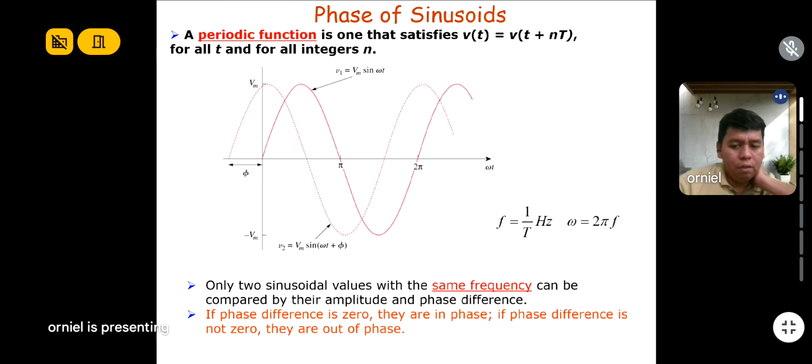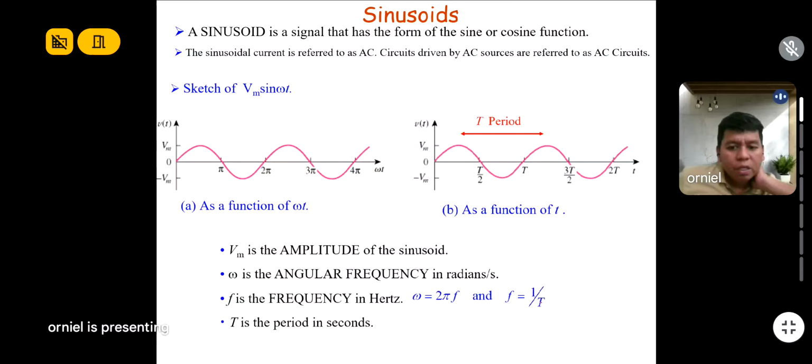Okay, so it might be like this. Since period is 1 over t, we can distribute, since the angular frequency is given. We have omega equals 2 pi f. Since we are given f, we can distribute this f into the equation. So you have omega equals 2 pi times 1 over t.